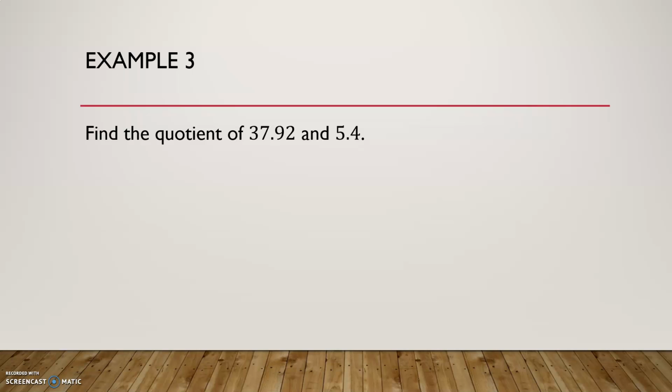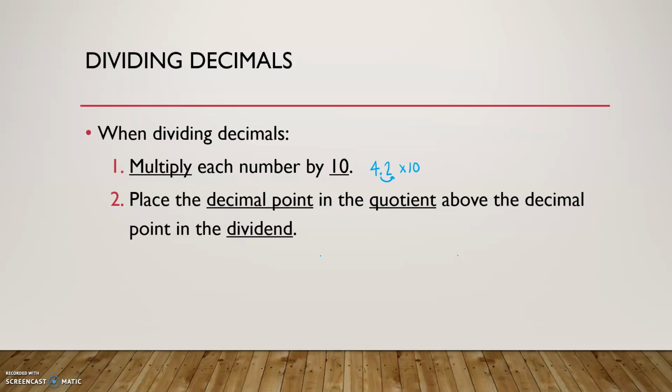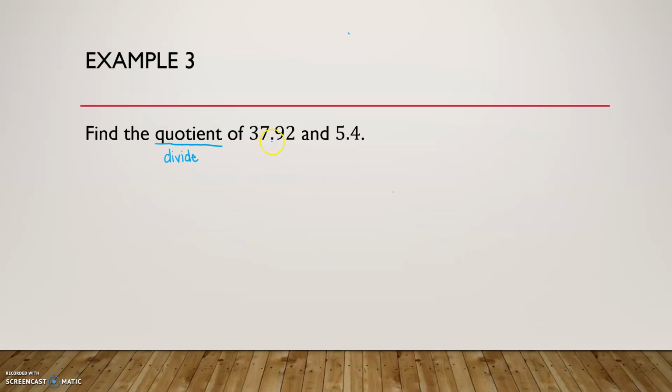Find the quotient. Quotient means divide. Of 37.92 and 5.4. Well, we're going to multiply each number by 10. So it's going to move each decimal point one spot to the right. So it's going to look like we have 379.2 divided by